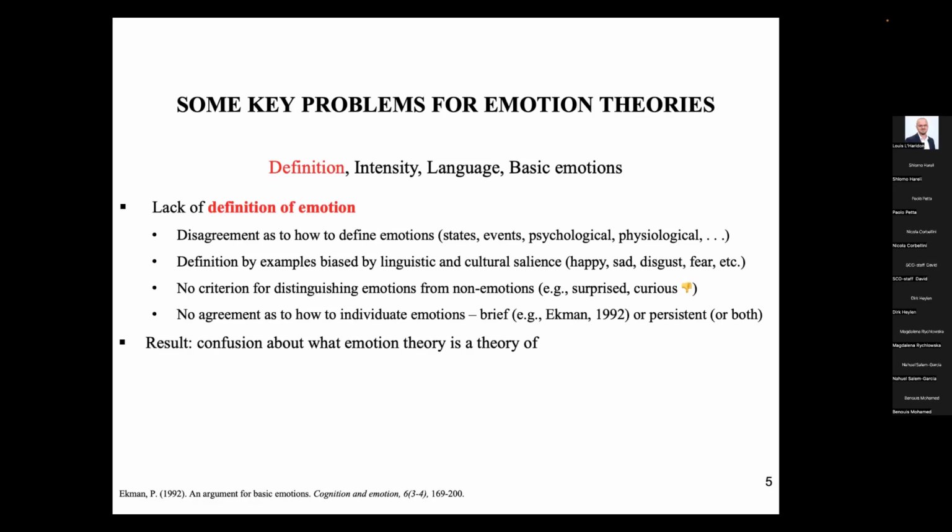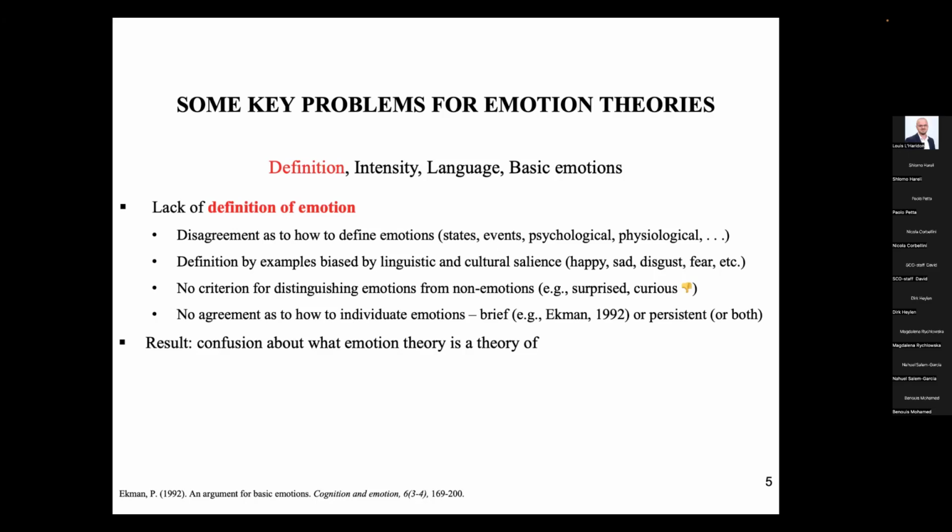In a famous paper by Paul Ekman in the early 1990s, he argued that one of the characteristics of emotions was that they were very brief. By very brief, he meant a few seconds. On the other hand, one might argue that's really not typically the case. If somebody is worried about some forthcoming event, a student worried about an examination, they can be anxious for hours in anticipation of the event. Or one can grieve the death of a loved one for hours or days or in some sense years, although it's slightly different. So are they very brief, or are they persistent, or are they both? Again, no agreement on these issues.